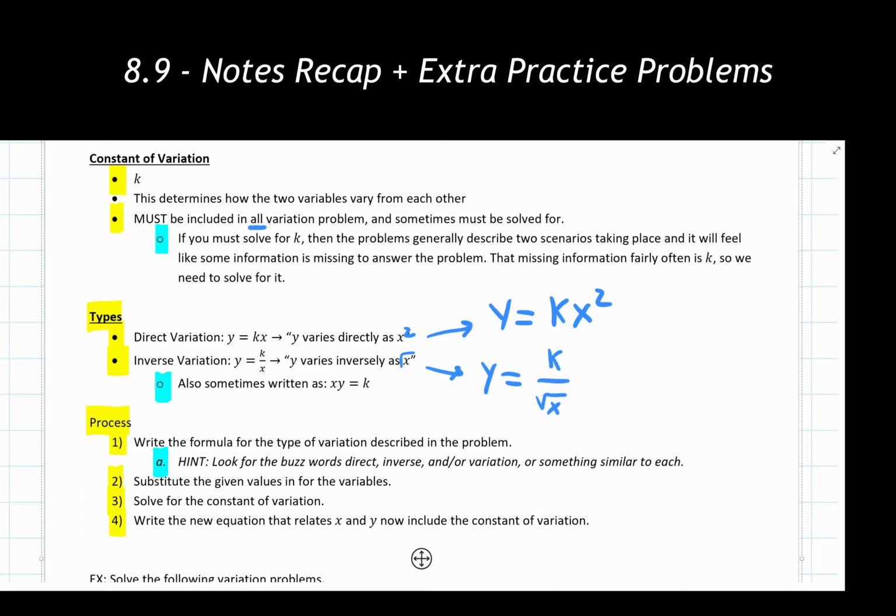We always have to start with some type of variation, find and solve for that constant of variation, and then rewrite our brand new, completely finished equation out for ourselves. Once we have that, we can solve for anything they ask for afterwards. But it all starts with this main original process. Make sure you are keeping an eye out for those buzzwords. Some of those are listed here, but you'll see other ones listed out in the problems that you'll be working through later.